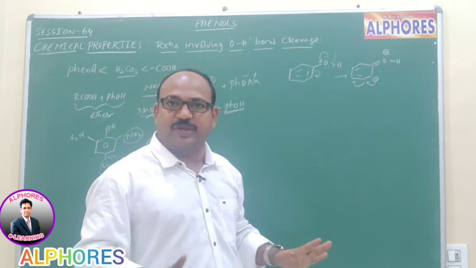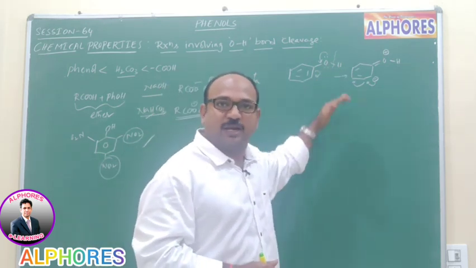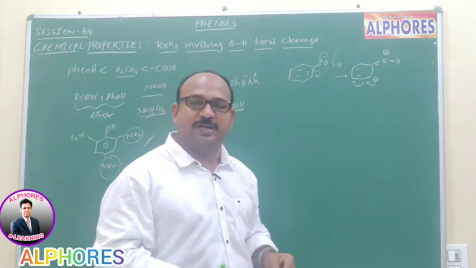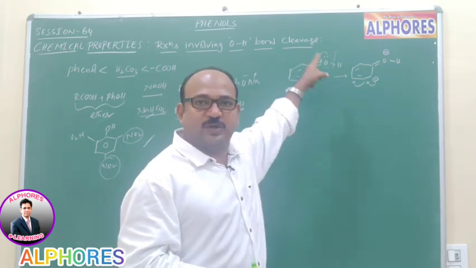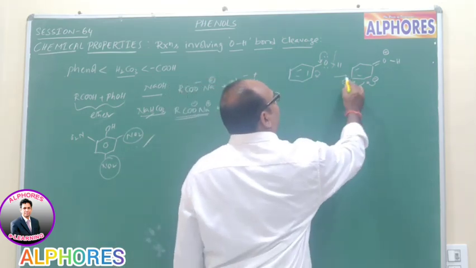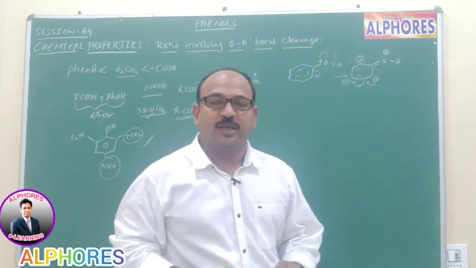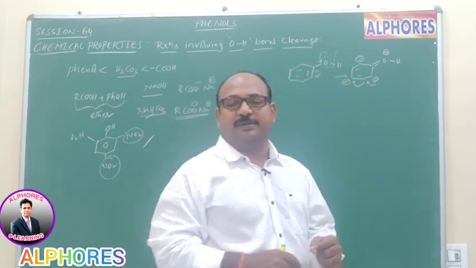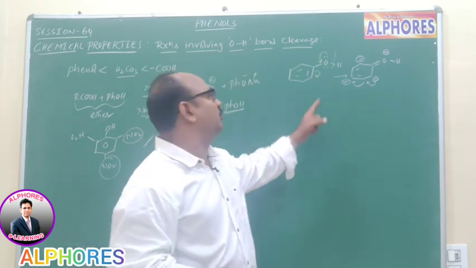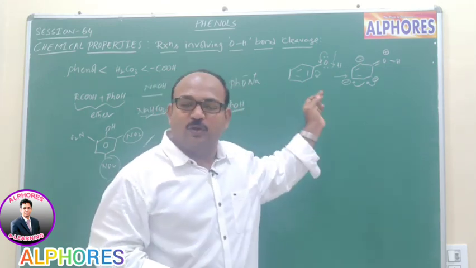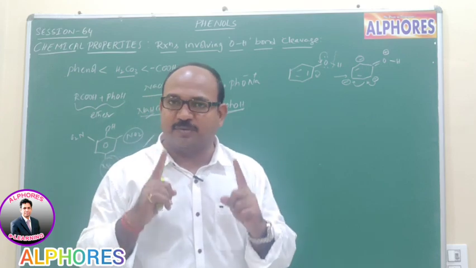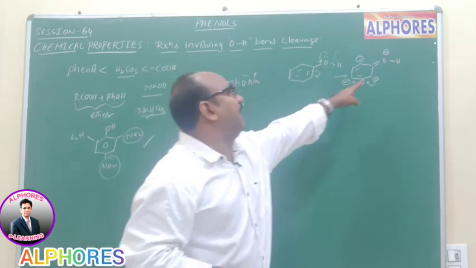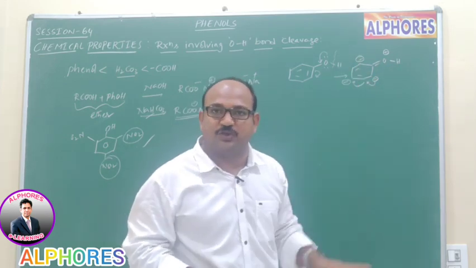And that means here it is very clear. By breaking the OH bond, we can learn a few properties. Because oxygen donates its lone pair of electrons, the oxygen lone pair is involved in resonance. Further, the ortho and para positions will be electron rich. So if any electrophile is there, it has to come to ortho and para. That means phenol gives two types of reactions: reaction number 1 by breaking the OH bond, and reaction number 2 by participating in electrophilic substitution reaction.